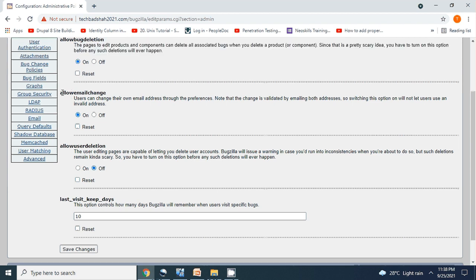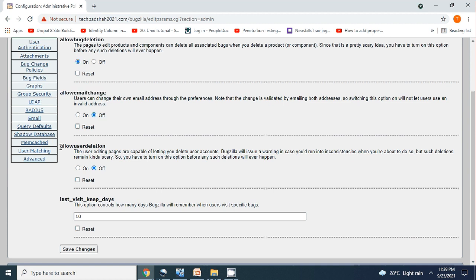Allow email change. Users themselves can update their emails, however in a real-time environment we will not look for allow email change. We will not allow users to change their email address, because if you notice, the login itself is the email address. So we will switch it off. However, we will look at the user creation process, how a username is entered, what should be the first name, last name, email, and the entire user profile.